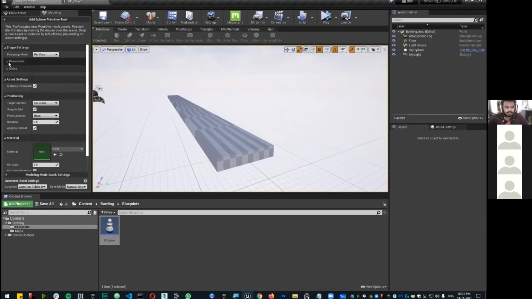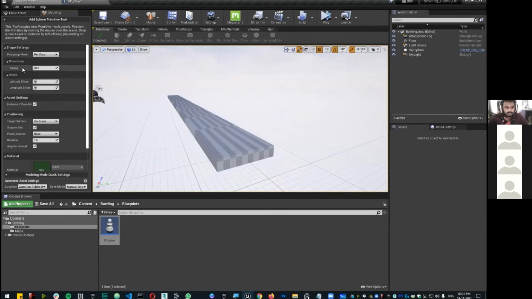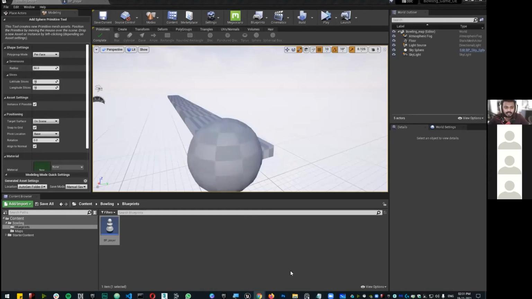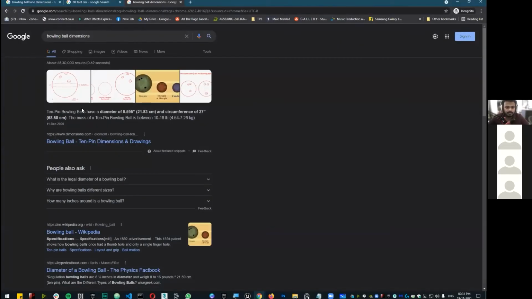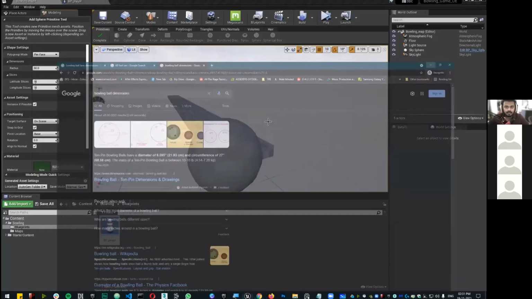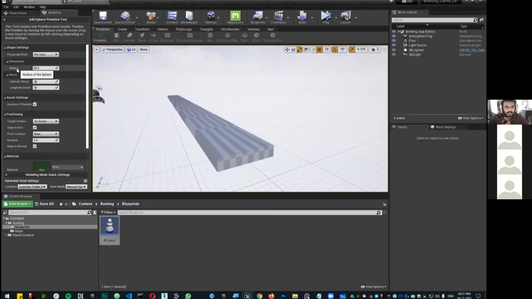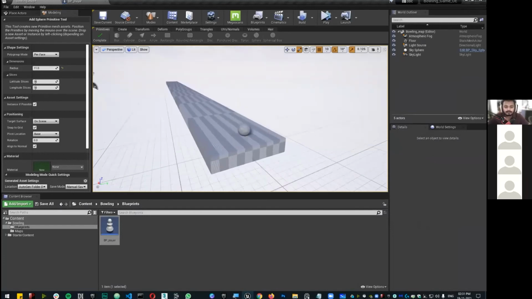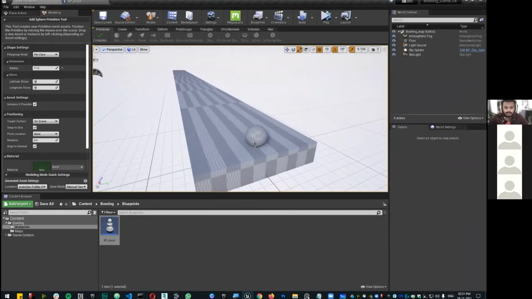So a few things. Here, I can even put down the actual radius of the geometry that I'm creating. The only problem is I have a diameter, right? So 22 divided by 2 is going to be 11. So radius is going to be half. So I'm going to put in 11 here. As you can see, it updated, and this